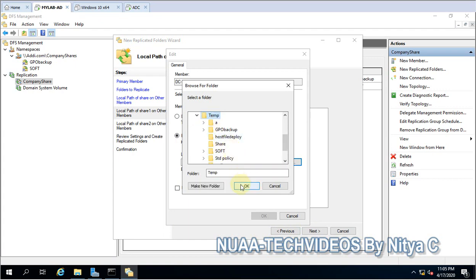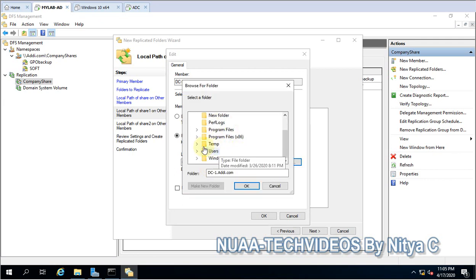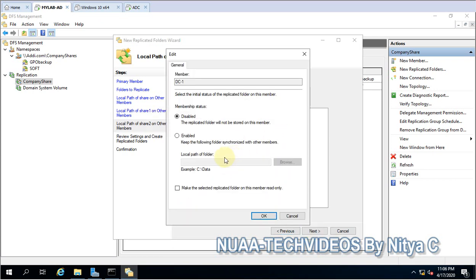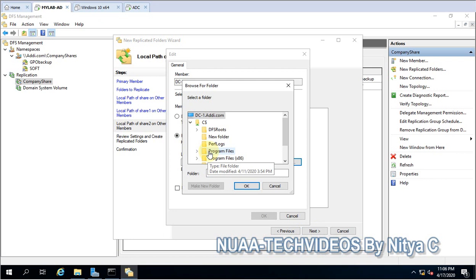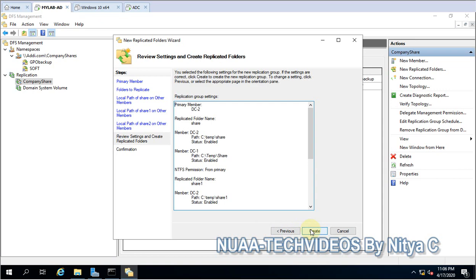Just now I am creating, and here whatever permissions, sorry, this is not temp, so NTFS permissions also will be taken here. If you have any permissions whatever on share or share 1 or share 2, that will replicate to this share. Okay, so this is share 2 enabled. Let me give the path, okay, create the folder share 2. That's done. We had only 3, and this is done.